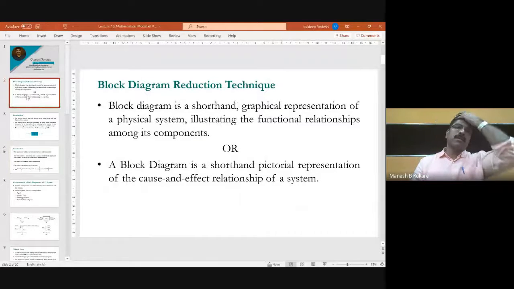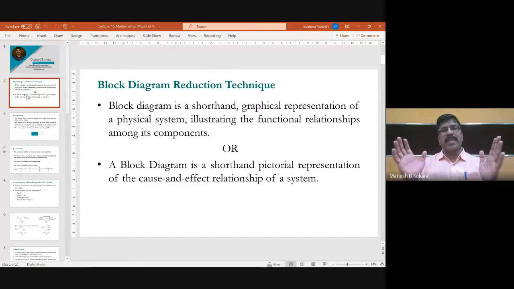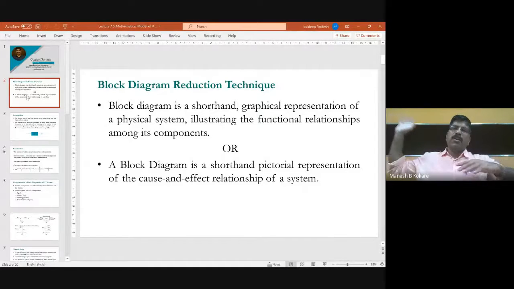Okay, so today we will be studying the block diagram reduction technique. Block diagram reduction technique is basically used to find out the overall transfer function of a complicated system. For example, you might have studied a radio receiver in second year, in which there are several blocks. Your first block is the antenna, then the output of the antenna is given to the RF amplifier, the output of the RF amplifier is given to the mixer, the local oscillator is there, then the IF amplifier and the power amplifier, and finally you get the output at the speaker.